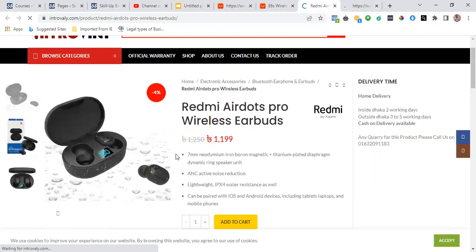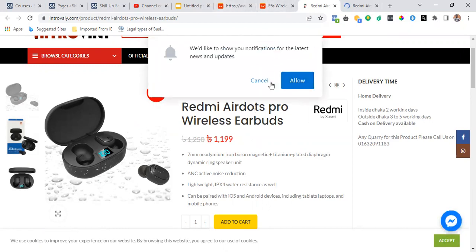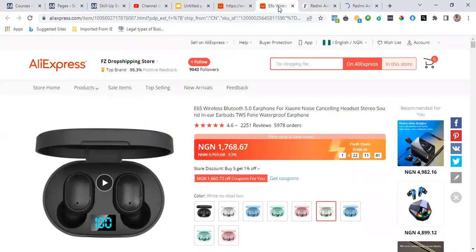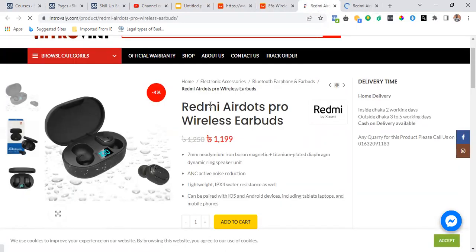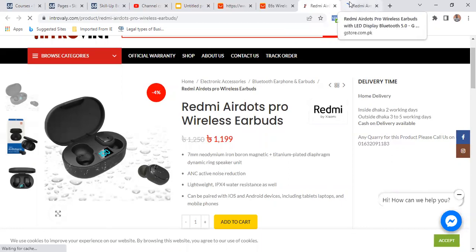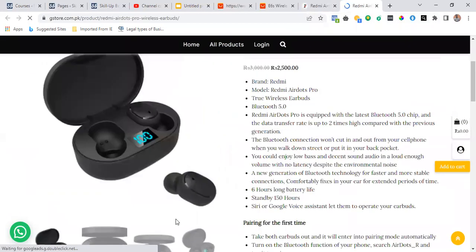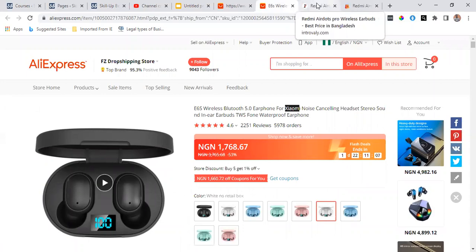So now look at the product. Do you guys see it? Even though it might not be exactly the same product, it gives you a variant of it. If you see, this one is Xiaomi, while this one is Redmi. So it profiles it based on the features. These products have similar features. As you can see, they look the same, right? So I just showed you a method that dropshippers use to do their research. Okay, with that said, let's move over to